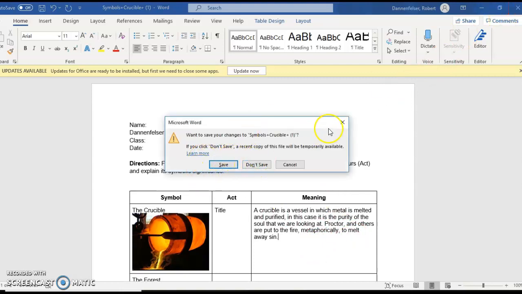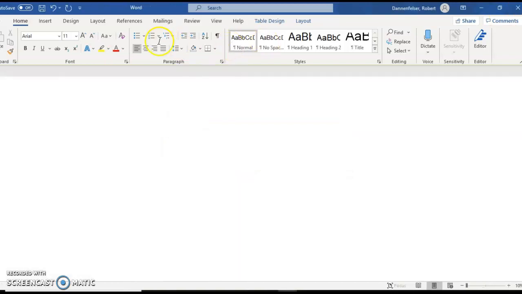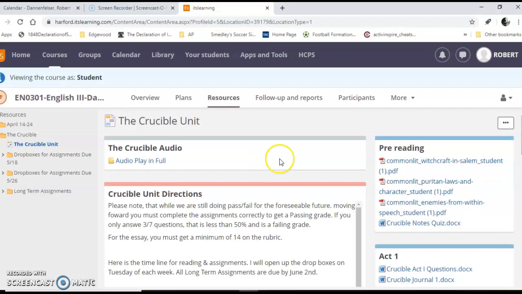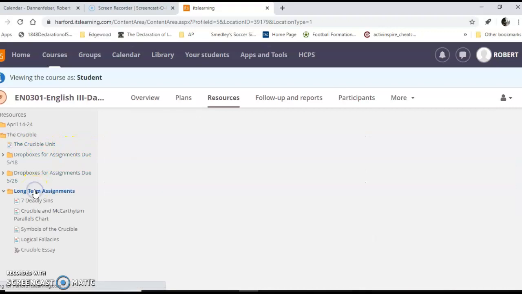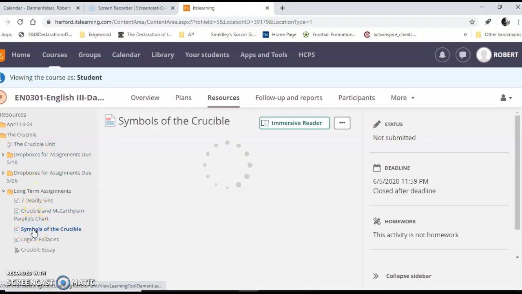Then you would save it. I'm not going to bother saving it. But once you've saved it, you would go over here into the long-term assignments folder and you would click on symbols of the Crucible and it's going to come up with this eventually.